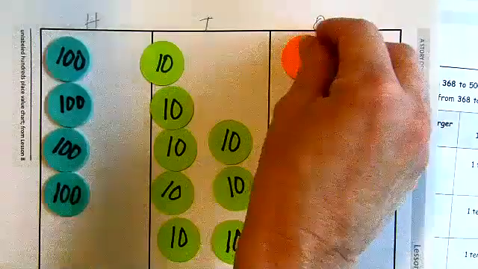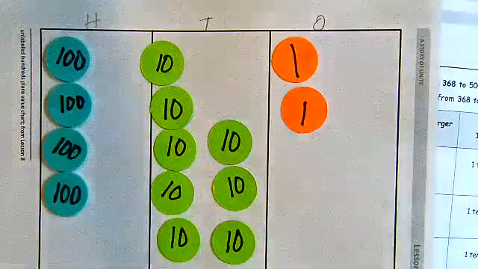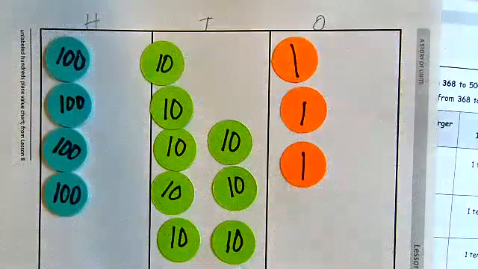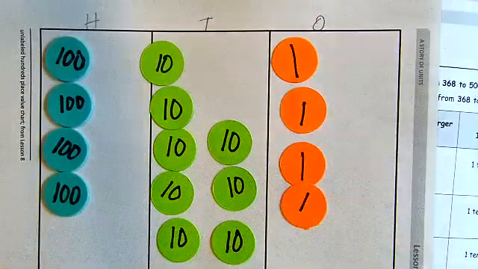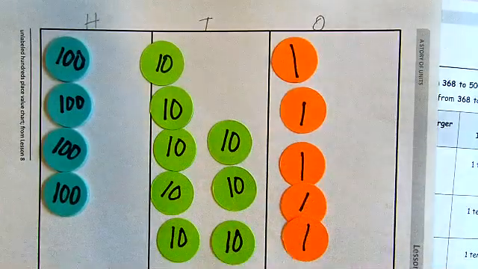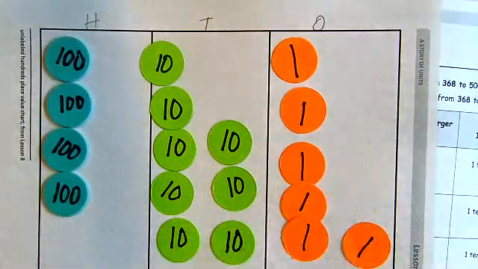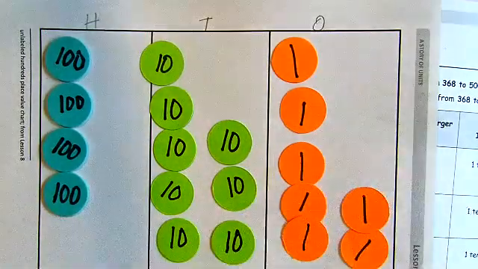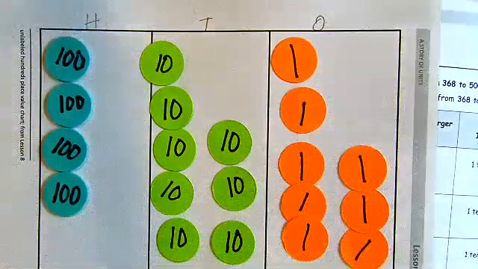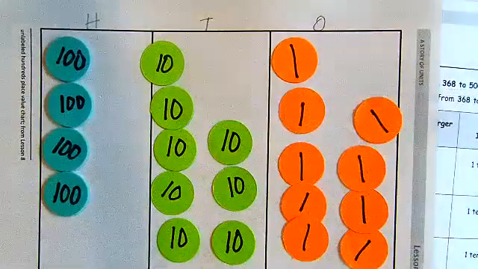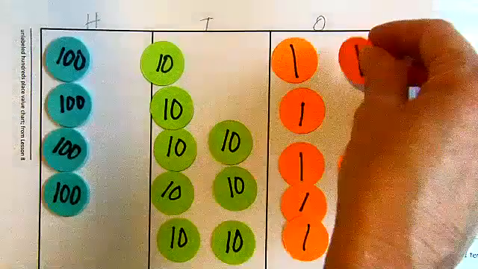480, 481, 482, 483, 484, 485, 486, 487, 488, 489,